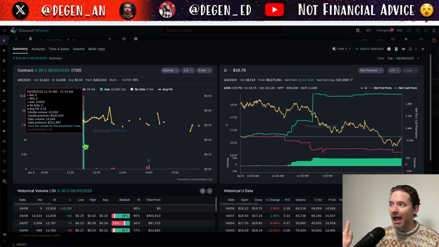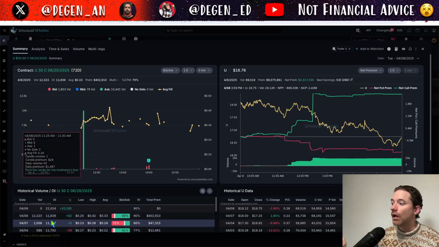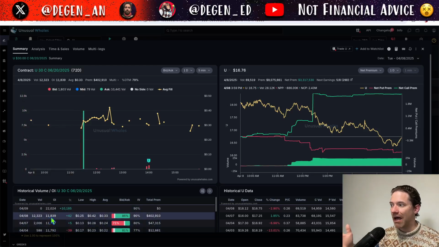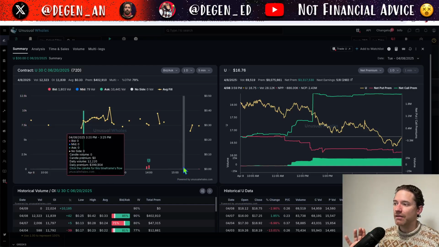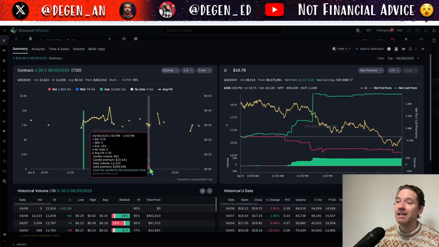So this whale buy, the green candle that we see here, was a pretty big spike, but the volume wasn't bigger than open interest, because open interest at the start of yesterday was about 12,000, and this candle was a spike of 10,000. So that was not greater than open interest. We needed these smaller candles later in the day to see that spike. And so that does look good.